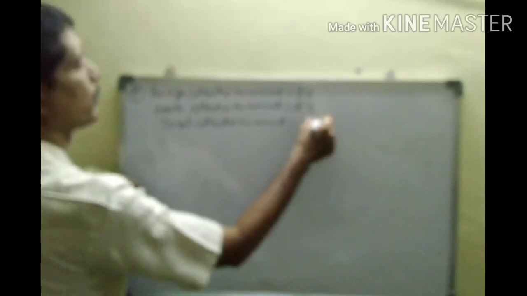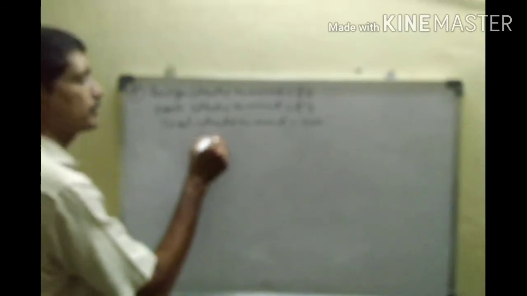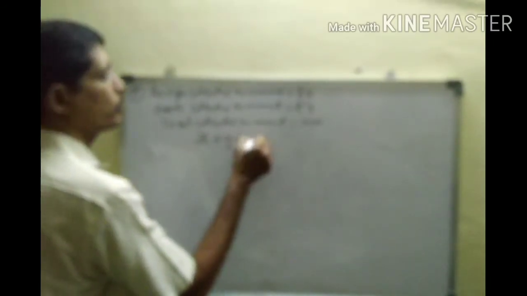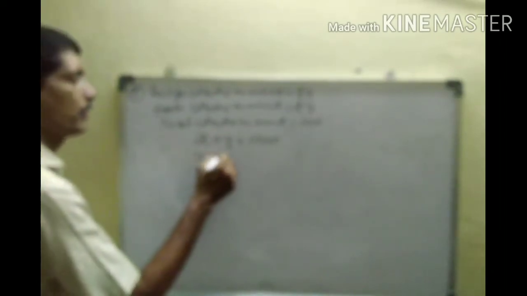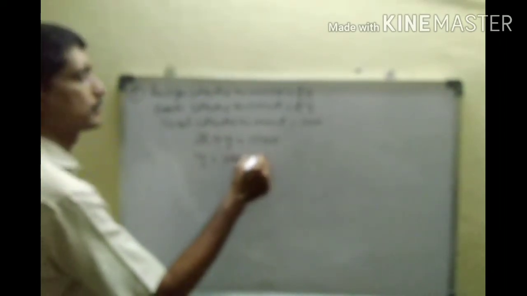Okay. Therefore, here the total collected amount equal to 1000 rupees. Total means both students, Rajya and Preeti, collected the amount. Rajya collected x rupees and Preeti collected y rupees. Therefore, x plus y equal to 1000 rupees. This x is changed to that side, y equal to 1000 minus x.